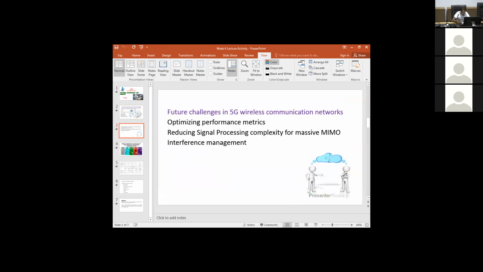More performance metrics should be considered for a fair and complete assessment, that is spectral efficiency, energy efficiency, and reliability. There's something known as complexity of signal processing in MIMO, so we have to reduce signal processing complexity for massive MIMO. At the transmitter and the receiver, the signals are quite lengthy. Hence, the search algorithms must be performed over many possible permutations of symbols. And then we have interference management. To counter these, there need to be some techniques applied to cancel the interference from